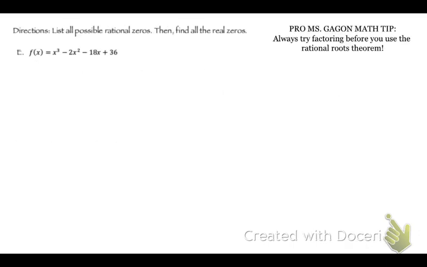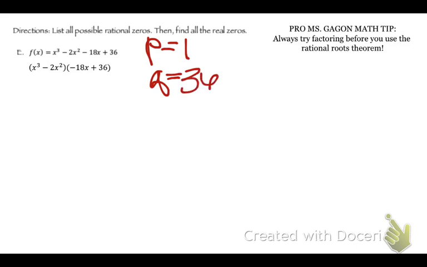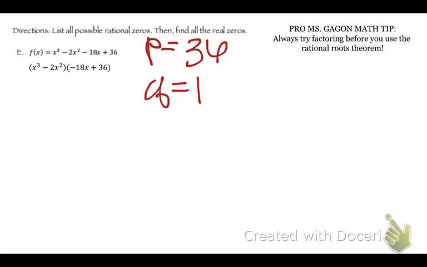Let's do this one. So math tip, always try factoring before you use the rational roots theorem. Okay? So here, first it asks us to list the rational roots, and I forgot. So remember, it's P over Q. My P here is 1. My Q is 36. Oh, whoops. Mistake. Sorry, guys. My P is 36. My Q is 1. So the possible zeros,